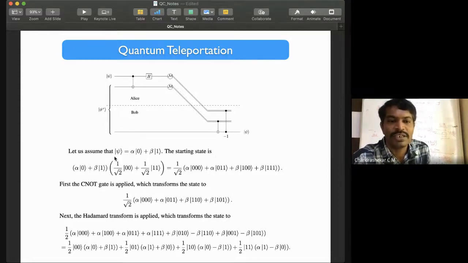Let us assume state psi can be any value, alpha 0 plus beta 1. And the starting state is this. So you are beginning with,